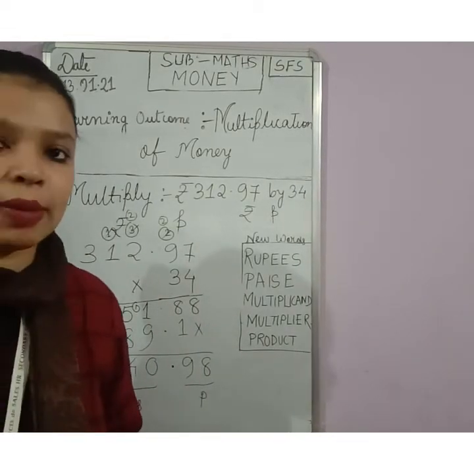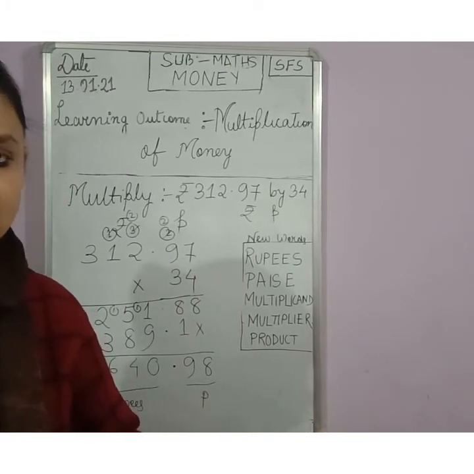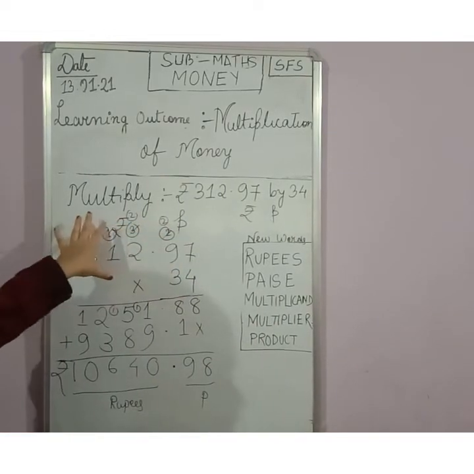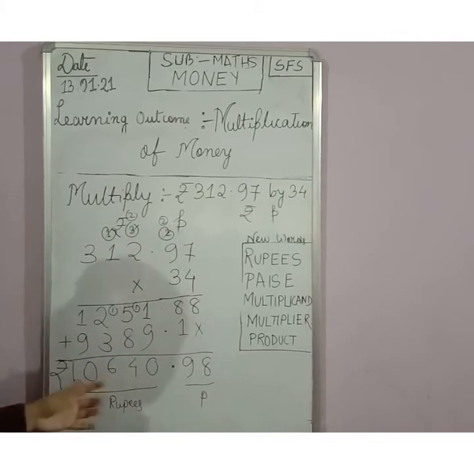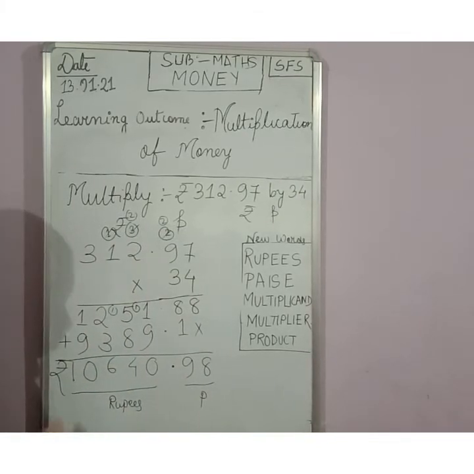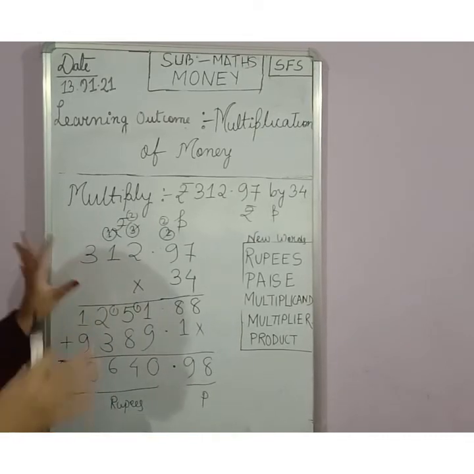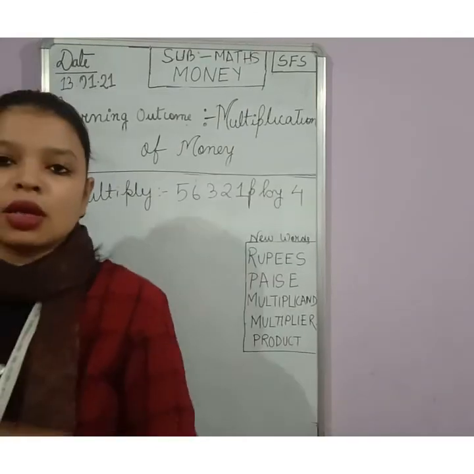There is nothing complicated about it. We have already done multiplication so many times in the chapter multiplication. Just remember, instead of the ones, tens and hundred, we are making the rupee and the paise column, and after multiplication you have to give the symbol. If you don't give the sign or the symbol, that means we will not know that this question is related to money. Okay, so now children, I have taken another example here.